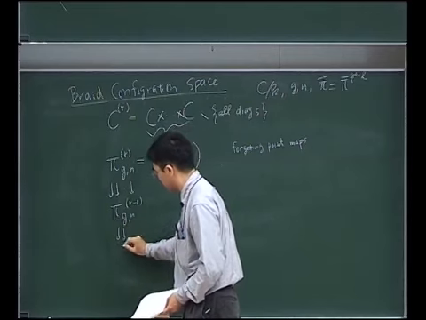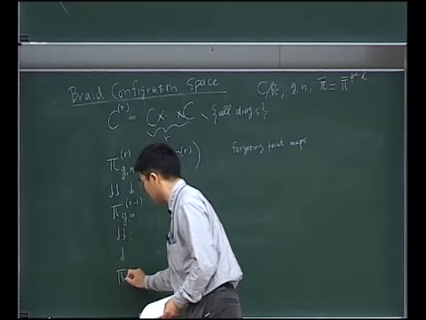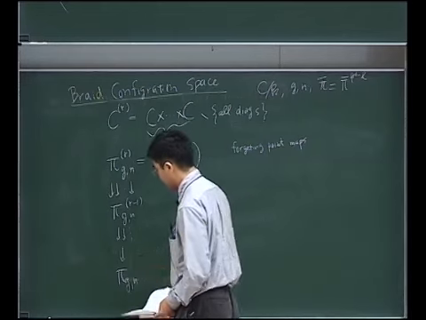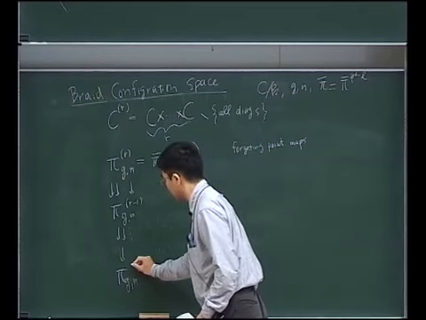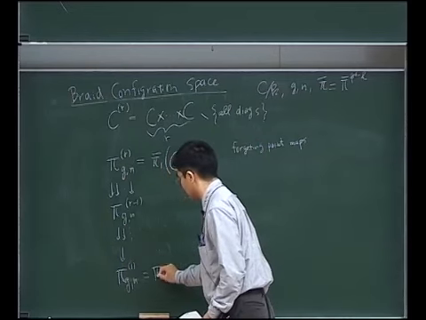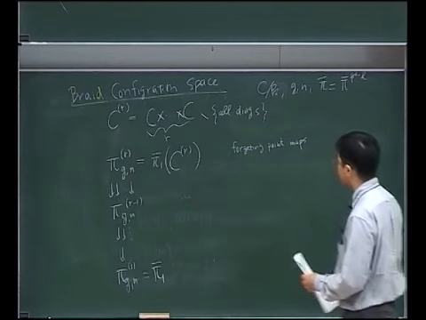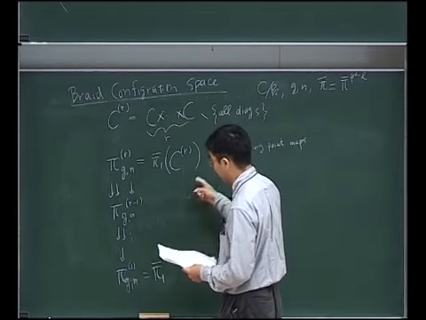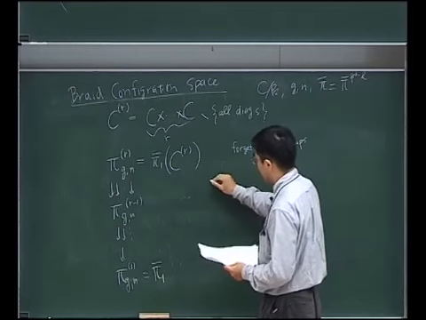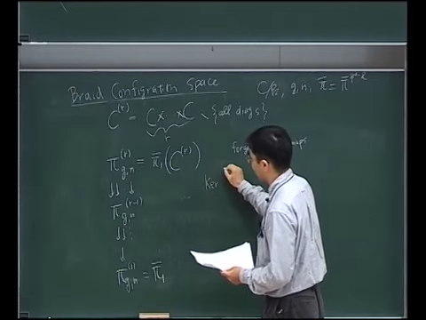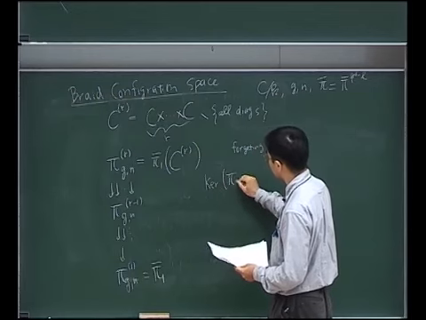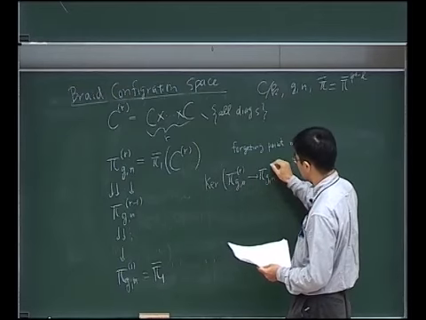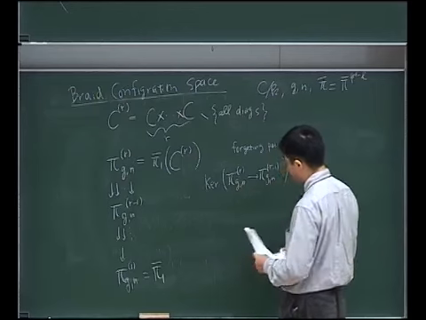So we have lots of natural homomorphisms from here to here to here, and finally I go into the single curve pi 1. Okay. And then the kernel of this one,